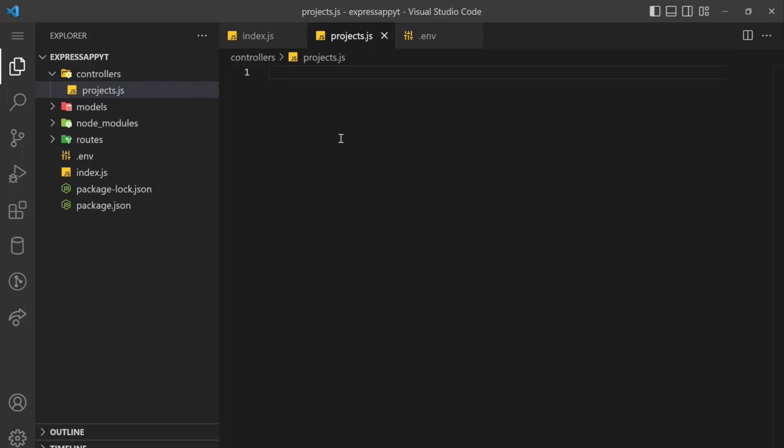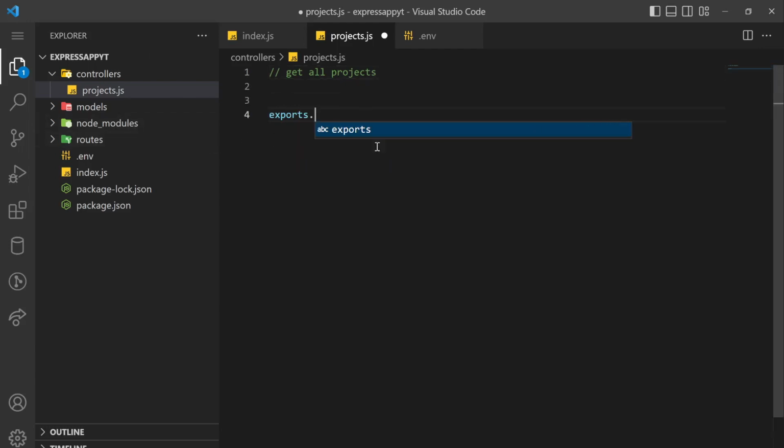So obviously, the first one we're going to want to do is have a function for getting all the projects. So we want to return all of the projects inside of the database. Now I understand we haven't connected to the database just yet, but bear with me, we will do that. So we want to export this function as well so that it can be accessed inside of the route folder, which we'll make soon. And in order to do that, we can just say